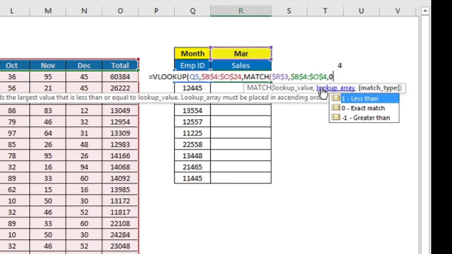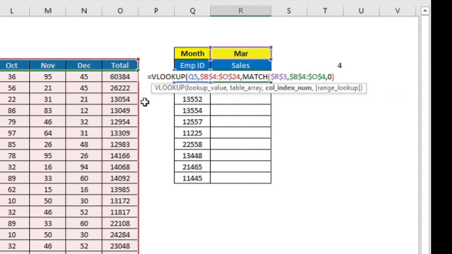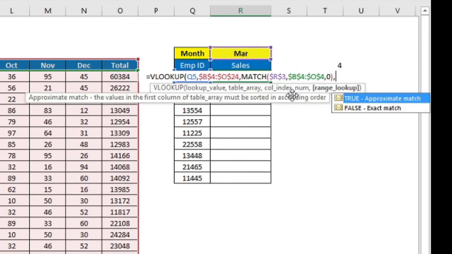Now this completes my match function, where I will get the position of this particular cell in this particular range, and then I will complete the match function by closing the bracket. So this completes my match function, which gives me the column index number. So I got the column index number, so I'll put a comma over here. And again, as we put at the end of the VLOOKUP formula 0 or 1 for true or false, I want exact match here, so I'll put 0.